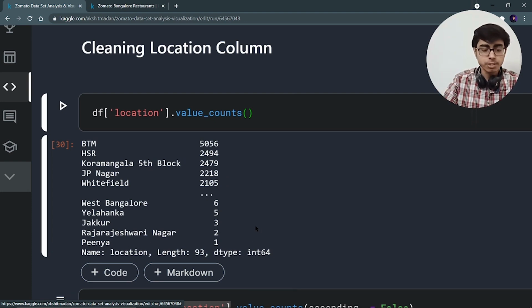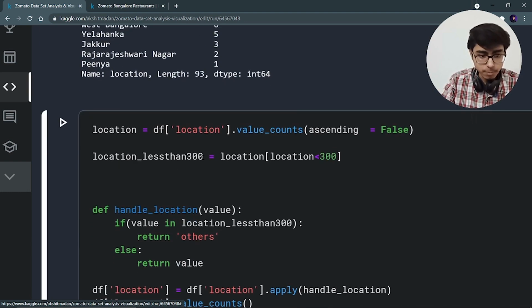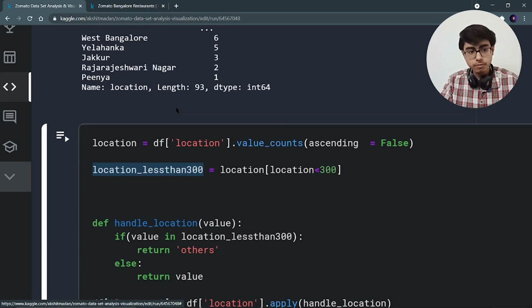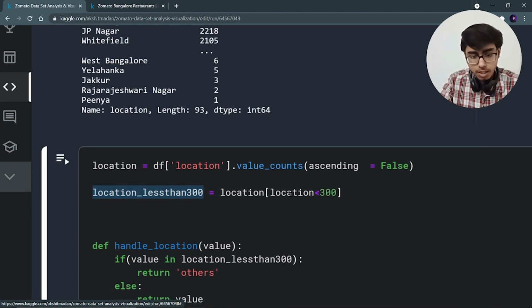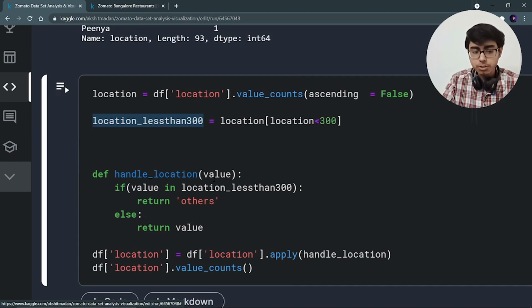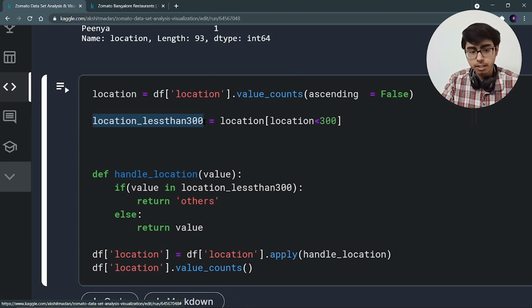I'm going to create a variable which stores all the locations having fewer than 300 restaurants. So location less than 300 is equal to the list of locations with fewer than 300 restaurants, and again I'm writing a function which takes a value. If this value is present in that less than 300 list, I'm going to return others.